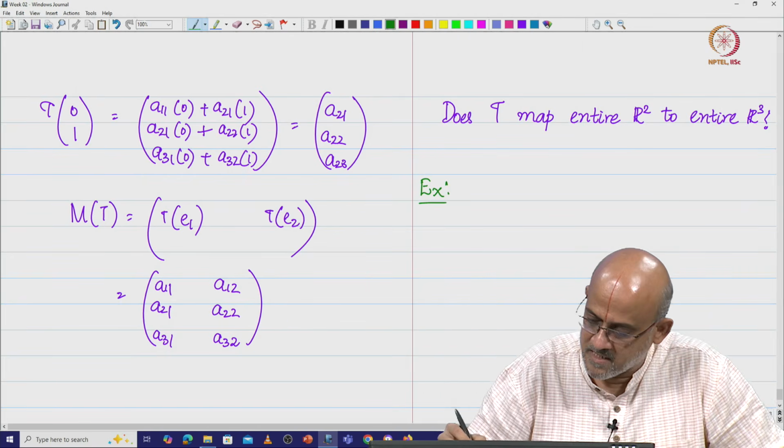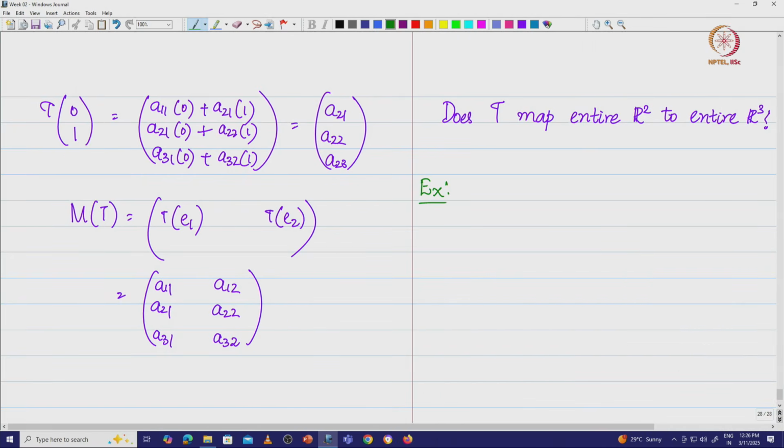Let us take this. I have this, let us do this probably. I am going to have a vector space V, which is going to be R3, and I am going to map this to W vector space, which is, let us say, R2. So, I have a transformation T, which is going to be a mapping from R3 to R2, and so what does it do?